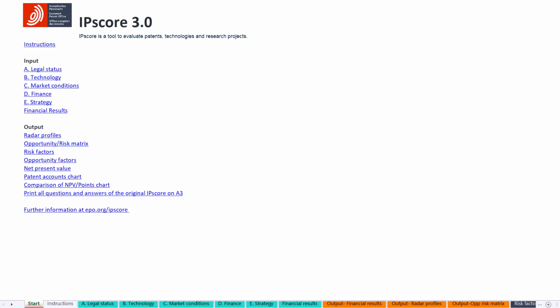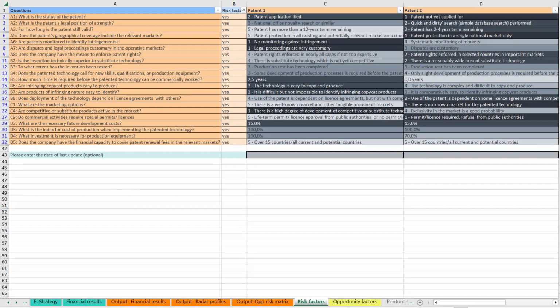Each assessment factor in IP Score 3.0 represents a risk or an opportunity, or both, or neither. There are three outputs that relate to risk and opportunity: the risk factors table, the opportunity factors table, and the opportunity risk matrix. We'll take a quick look at each of them. The risk factors table can be found in the risk factors worksheet.